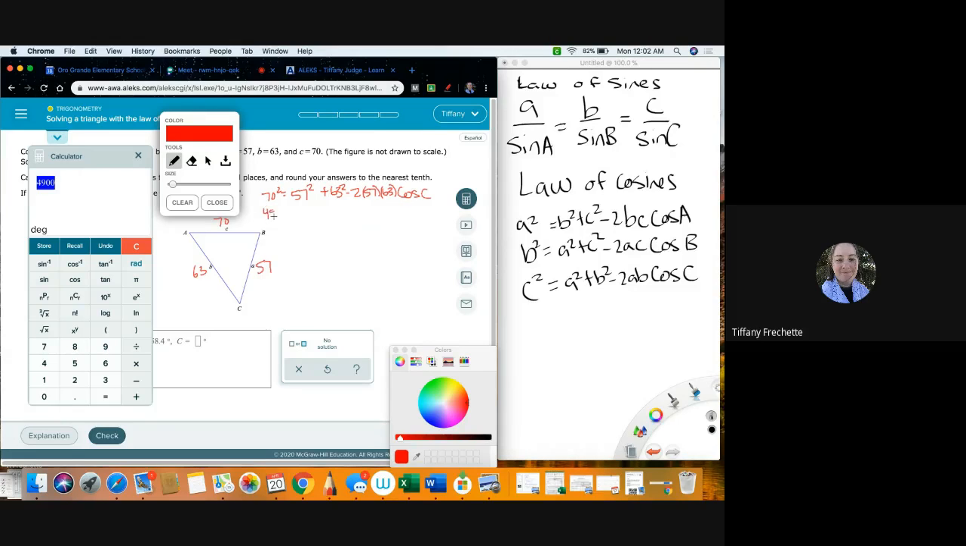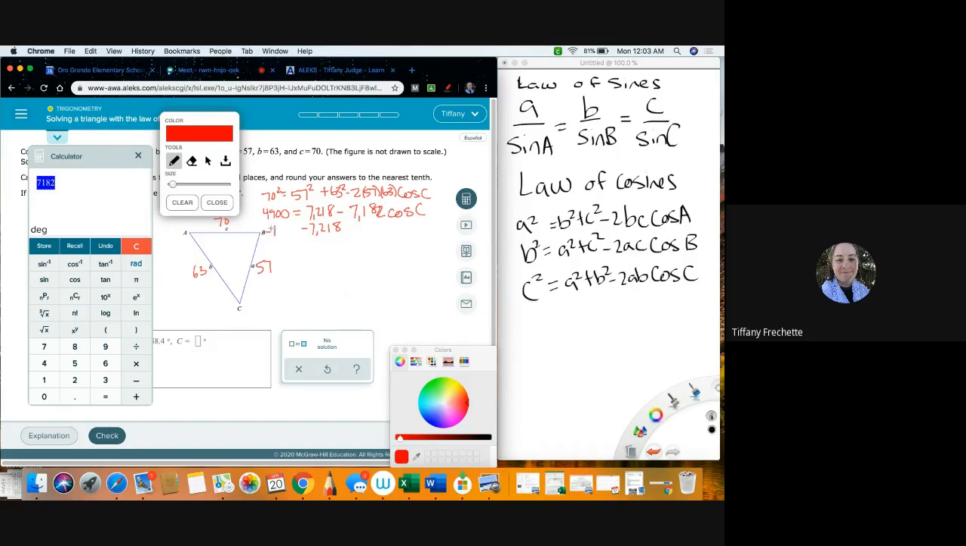So I have 4,900 equals, so I'm going to combine the next two, 57 squared plus 63, not 36, 63 squared equals, so I get 7,218 minus 2 times 57 times 63, 7,182 cosine C. All right, so now I'm going to subtract